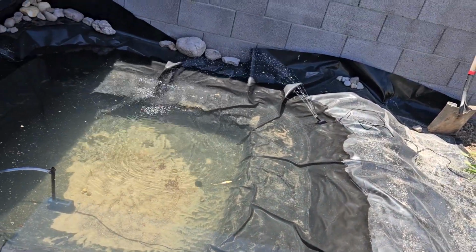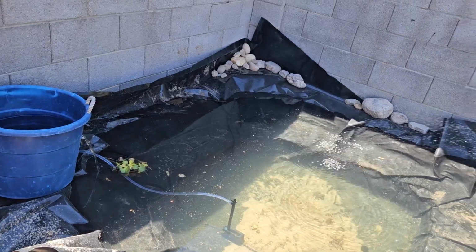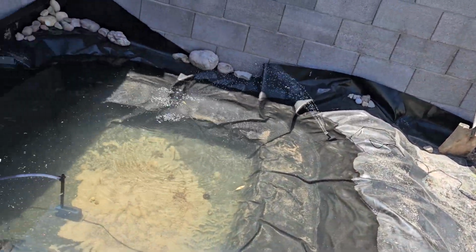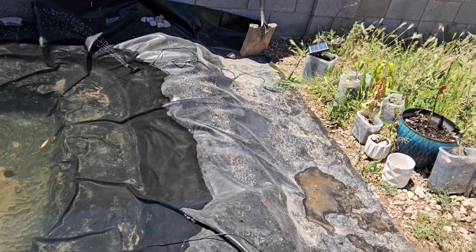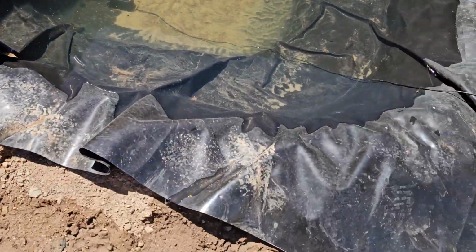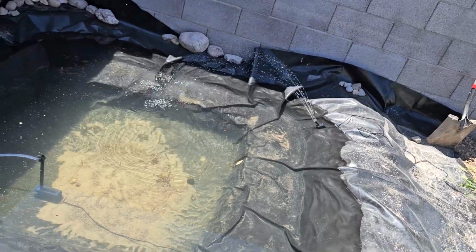But yeah, it would be awesome if I could just run up to Ace Hardware and start getting the stuff for the actual bog filter, and then get a bag of river rock and start lining the outer perimeter, because I think this is a good level now. This wall is holding really well. I'm going to reinforce, so maybe put a little bit of retaining wall along the outside, and then I also want to have